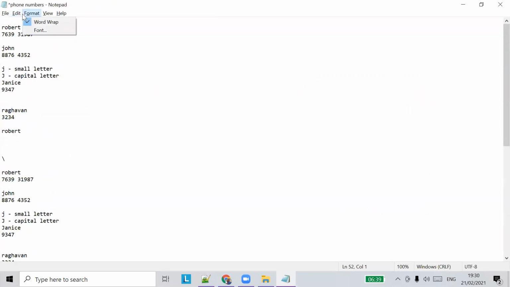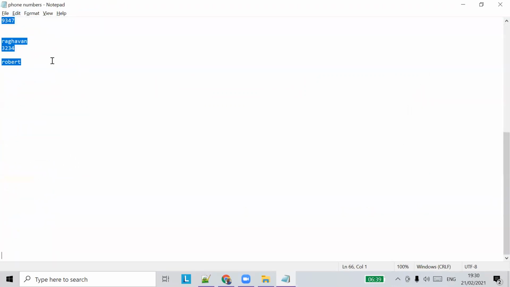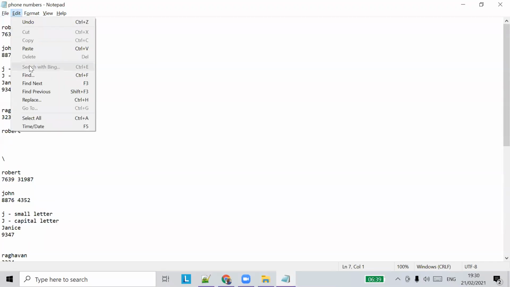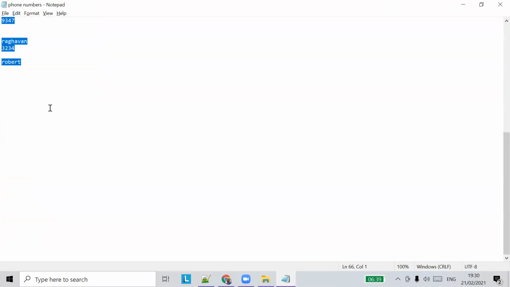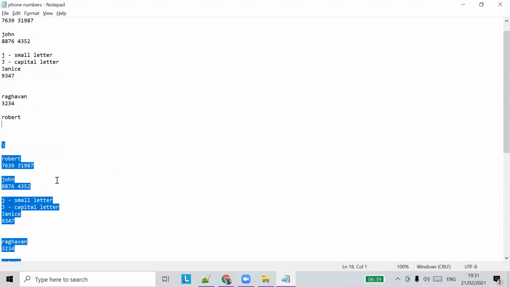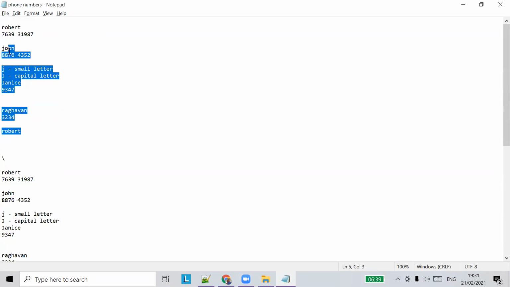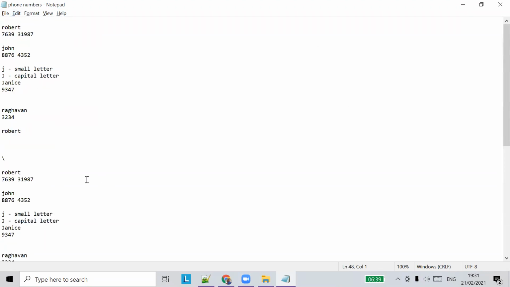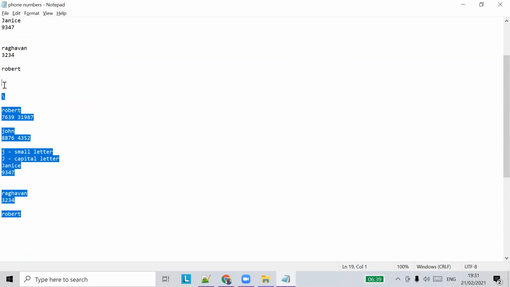Go to edit, you can say select all, and you can see the whole file will be selected. Either you can do it like this, click and drag, or you can just go to edit and select all. That's how we select all the contents in a file.